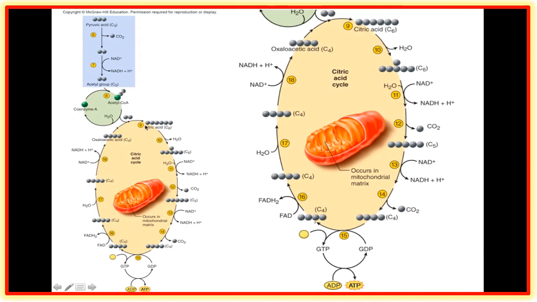If you're asked for each molecule of glucose, how many of these products are produced, then you'd say 2, 4, 6 NADH plus H, 2 FADH2, and 2 molecules of ATP. So that's how much is produced per molecule of glucose. Remember, it is split to make 2 pyruvic acid. So you have 2 turns of the citric acid cycle per molecule of glucose. I hope this